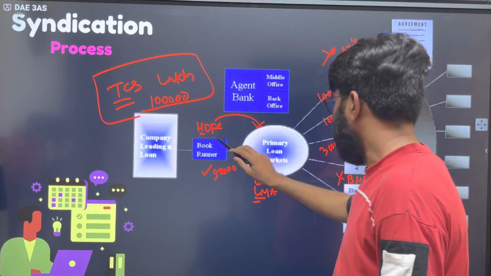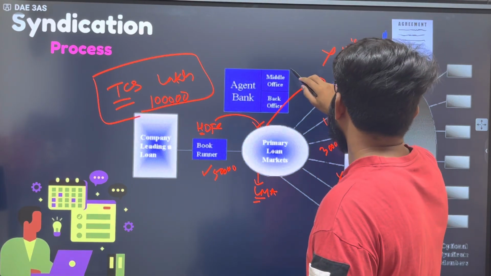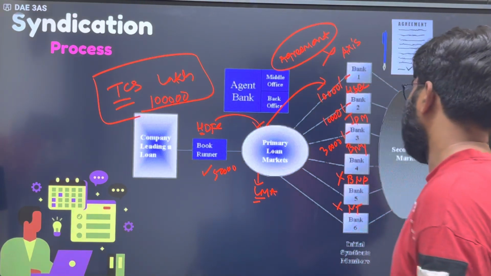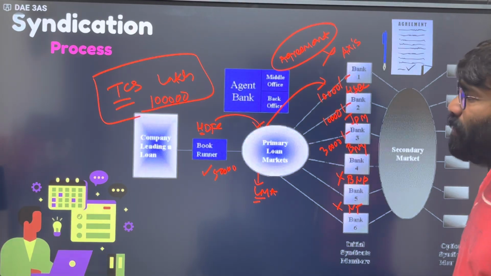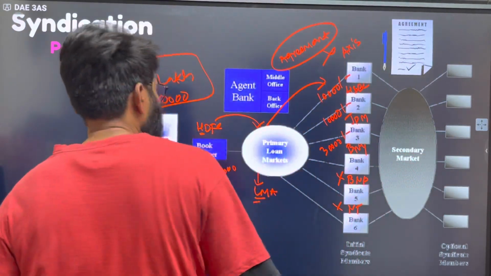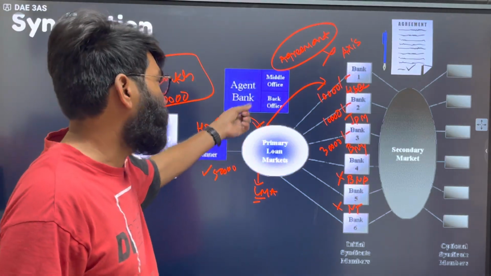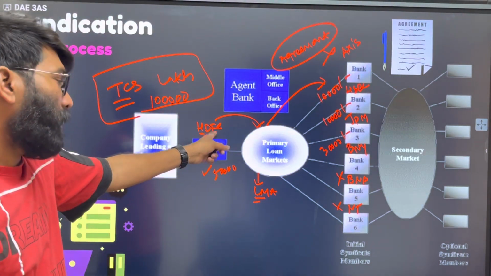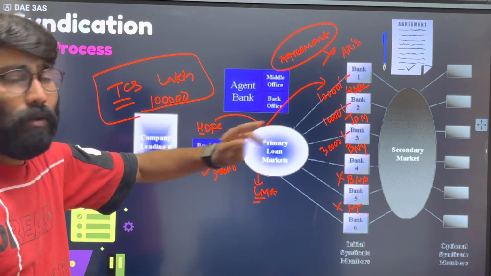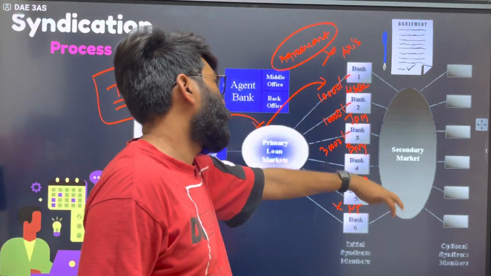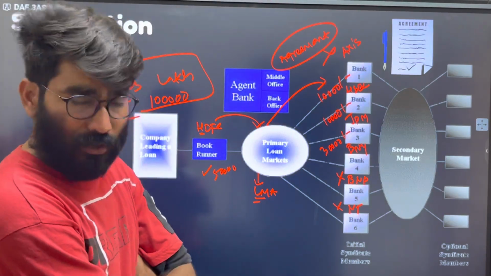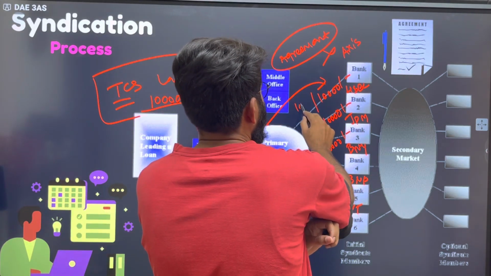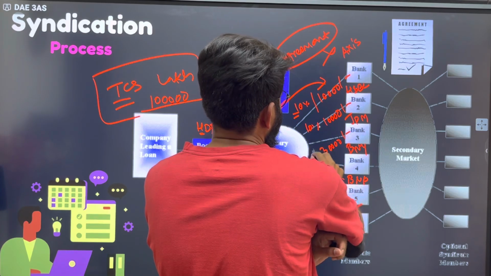Then see, this bookrunner bank will execute the agreement with participants. All participants don't need to sign any agreement with TCS. TCS will sign the main agreement with HDFC, and then HDFC will sign the other agreements with HSBC, JPM, BNY, and this bank, HDFC Bank, will maintain the records for all, even for TCS and even for HSBC, JPM, BNY as well. So this is how that particular loan works. If you see, let's assume the interest rate was 10% per annum,